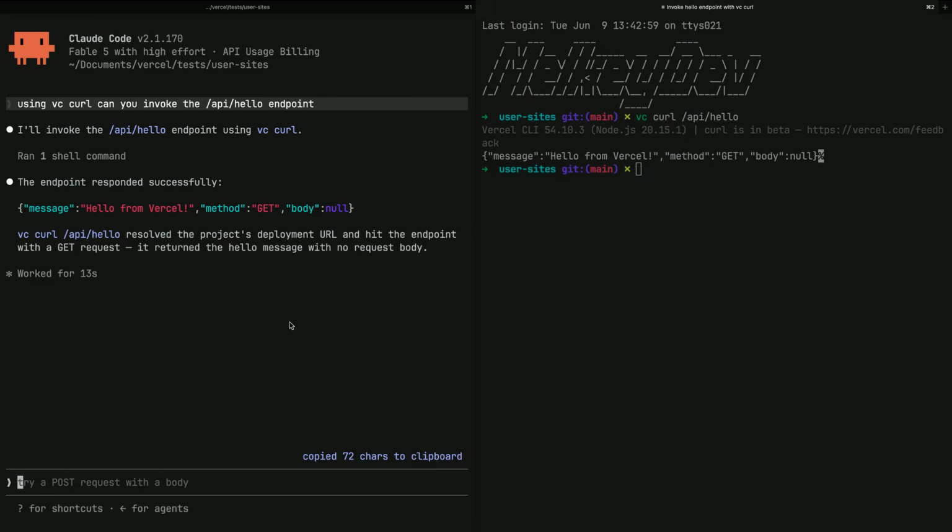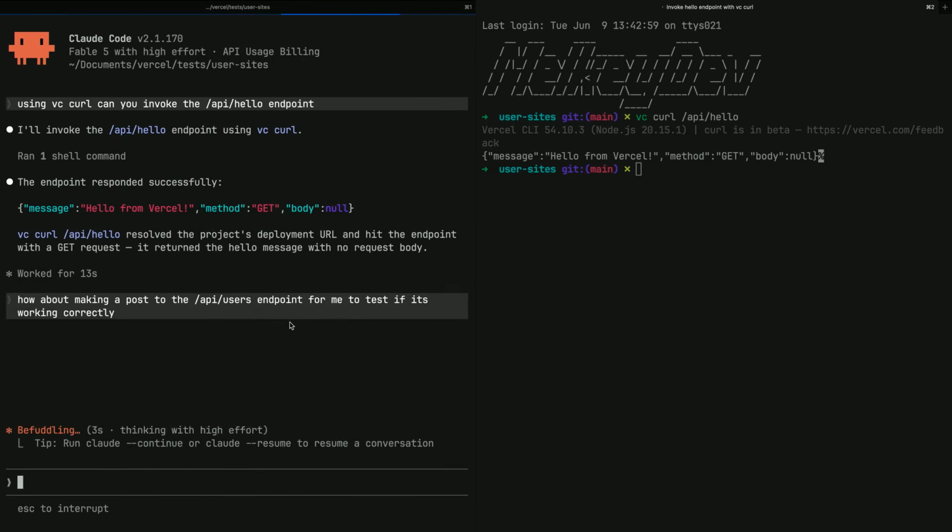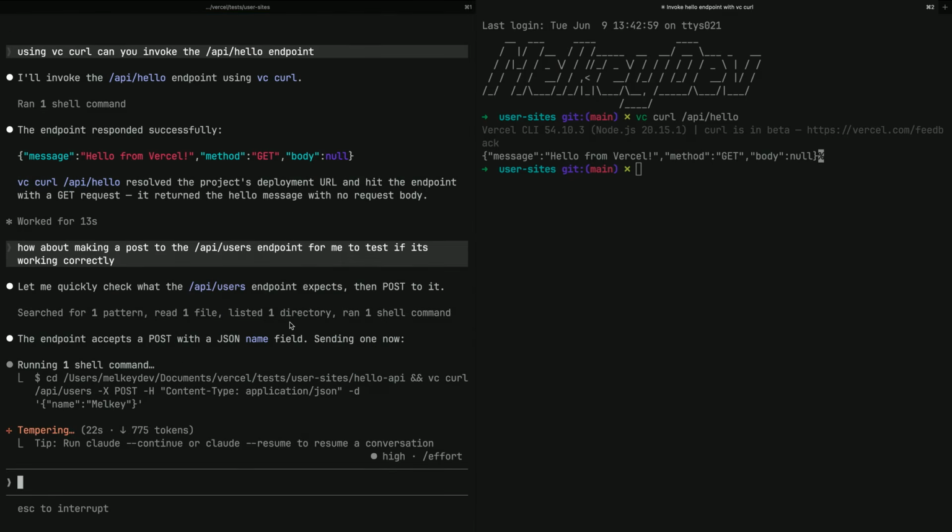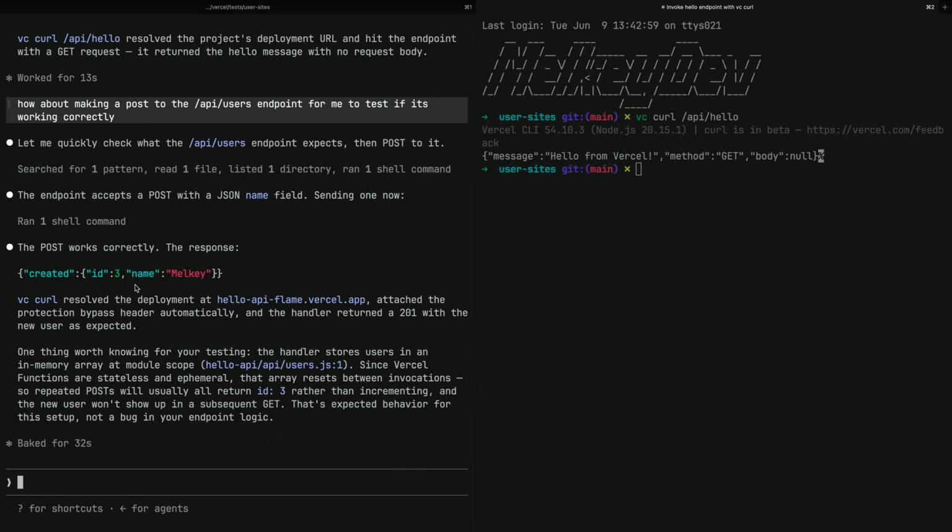And now what if I say, how about making a POST to the /api/users endpoint for me to test if it's working correctly? So I went ahead and picked up the actual schema of my endpoint because I deployed it to Vercel. And now it's going to make the POST command all using the native command. You can see the POST works correctly. The response created ID 3 named Melky. vc curl resolved the deployment at